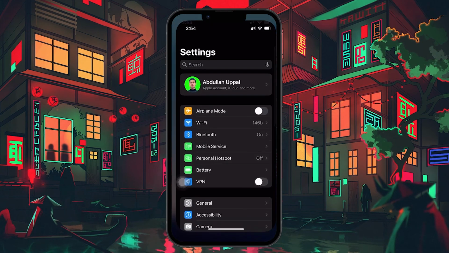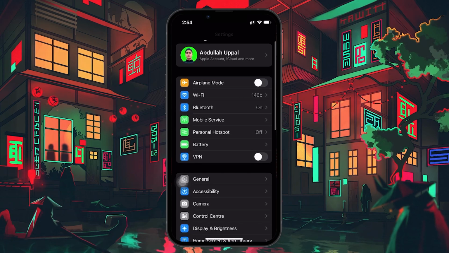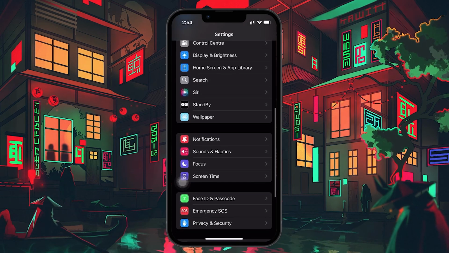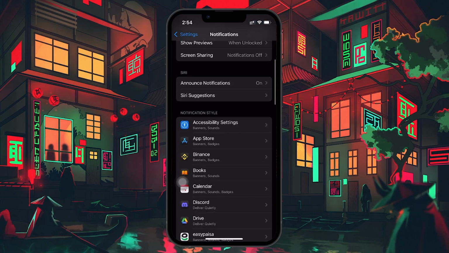Open the Settings app on your iPhone. Once you're in your settings, scroll down and tap on Notifications. This is where you can manage all the notifications for apps installed on your iPhone. Once you open Notifications, you will see a list of all the apps on your device that are capable of